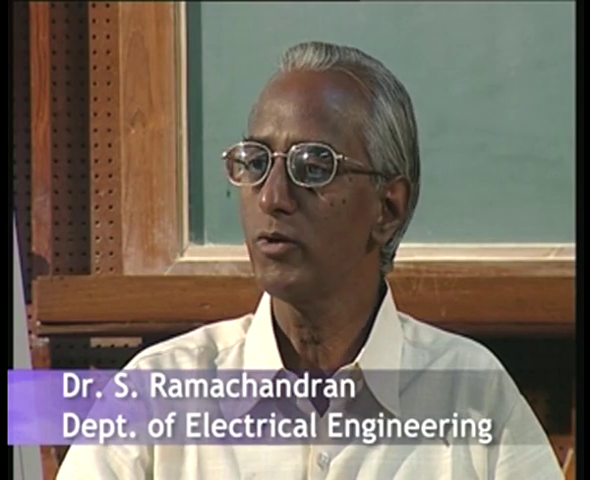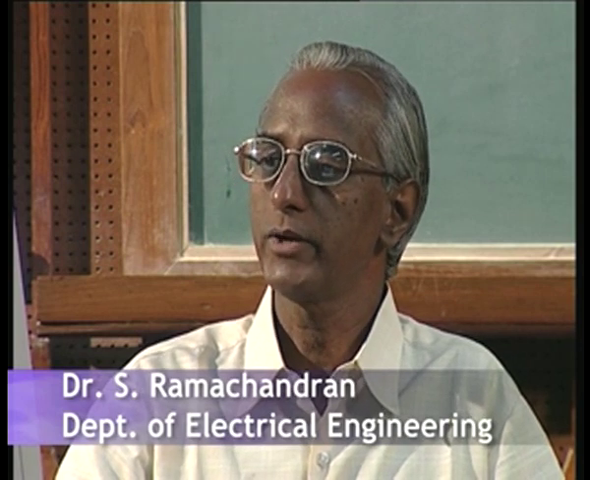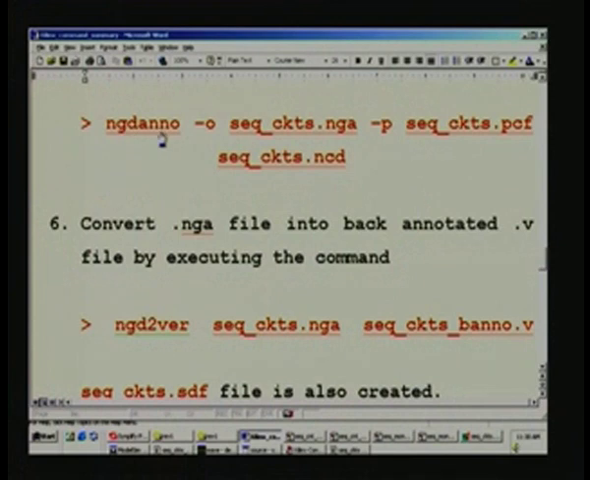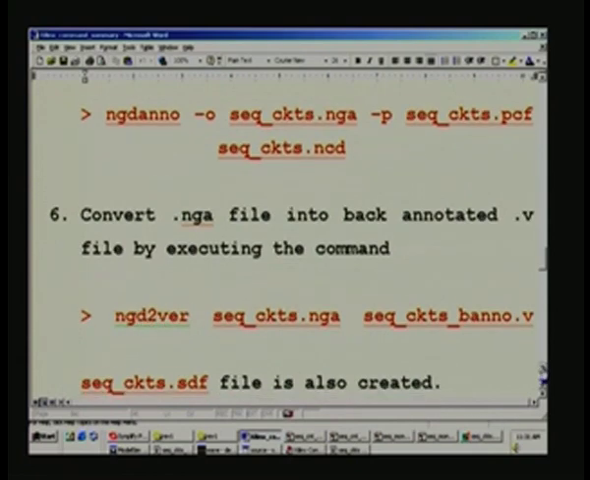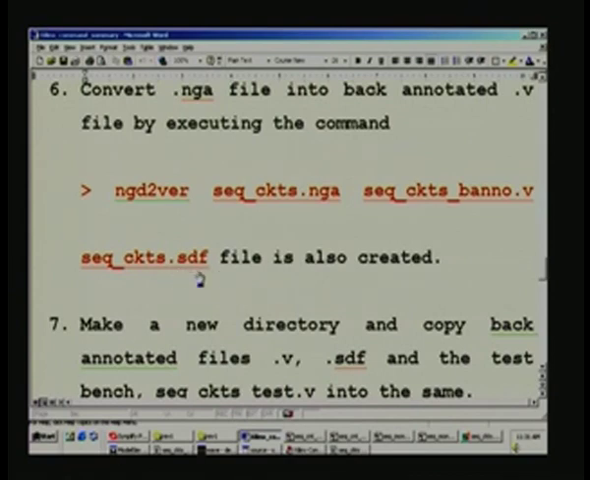So far we have seen how to back annotate our design files by using primarily two commands, that is ngdanno, and this is the output option, and this is the output file, and the input file being this, which was obtained by Xilinx place and route, and then the final back annotated file which is sequential circuits underscore bano dot which we gave, and was derived from the input file nga, which is the output of this first phase, and you need ngd to Verilog conversion to effect this back annotation file, and the standard delay format file was also created, and